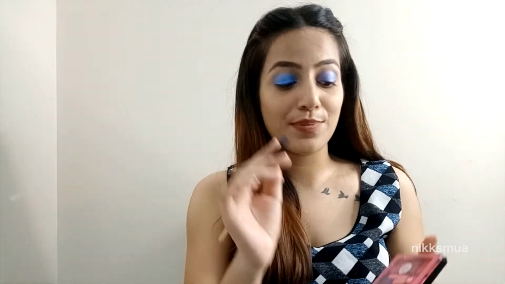So guys, can you see the difference on both the sides? On the left hand side, I have not done any procedure. I've just picked a color of my eyeshadow and applied all over my eyelid. So because of that, there's very less intensity and it has not come up that nice. And on the right hand side, I have done first concealing, setting with the powder, wet my brush, and then I have taken a color, and then I've applied all over my eyelids. So because of this, there's a difference on my eyes. I really like this one, the pigmented one.